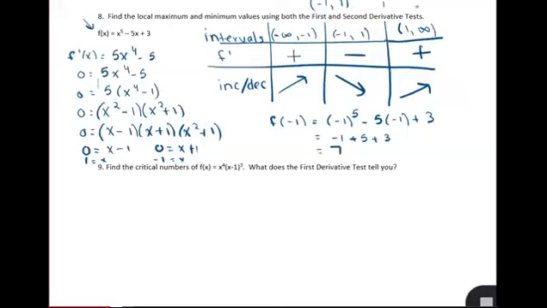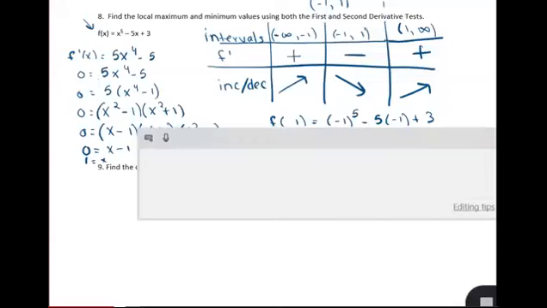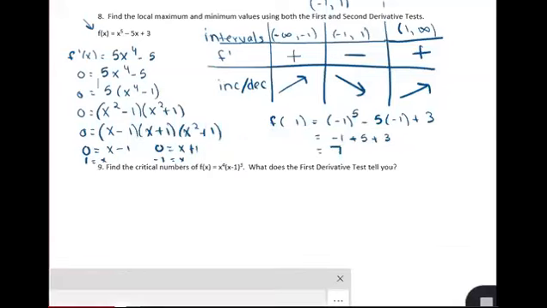Now let's do the same thing, but now let's do at 1. So if we're trying to find f of 1, let's get rid of these negatives in here. There we go. So 1 to the 5th is 1, minus 5 plus 3. So 1 minus 5 is -4, plus 3 is going to give us -1. So 1, -1. So now we have used our first derivative test to figure out our values for our max